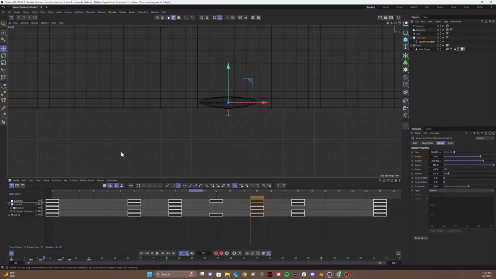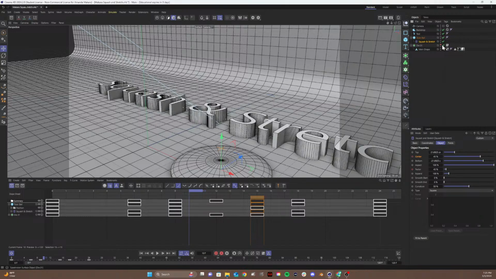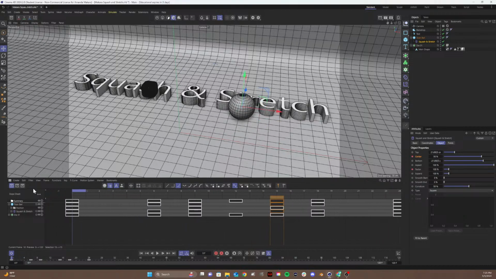And so now let's go back into our regular view mode here, and then let us turn on everything else, right? Because we want to make sure that we don't forget to turn this stuff back on. And looking through the camera here, now if we play this, it's not going to loop, but